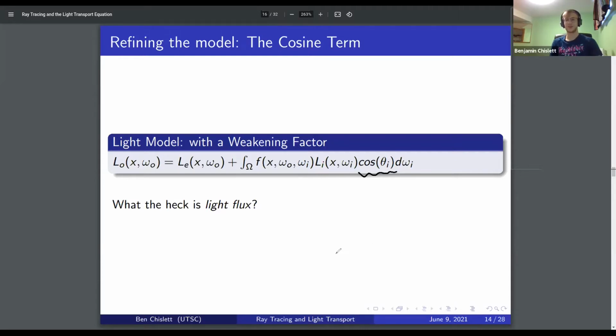And this is always very tricky, and I have still yet to see a good explanation of this. So I'm going to wave my hand a little bit and hope that we're all okay with its existence. So what we're saying is that basically the proportion of light that comes in from a shallow angle is not equal to the proportion of light that comes in from a steep angle. And that's precisely because